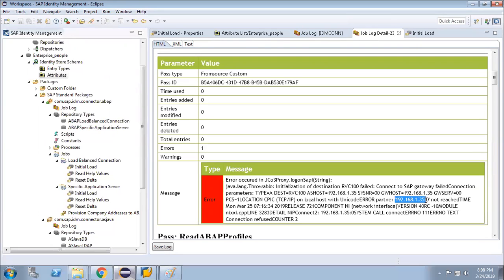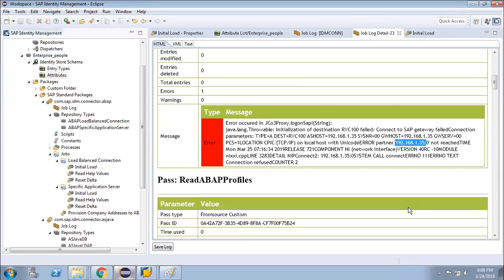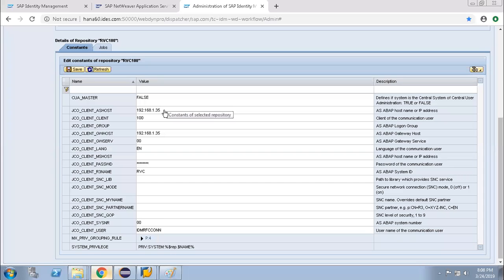This not reached. You need any port number for this? Usually it should come with the host and port. That is the IP address.